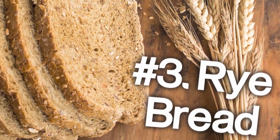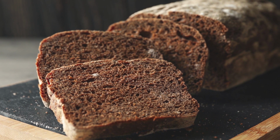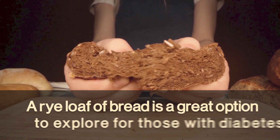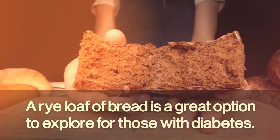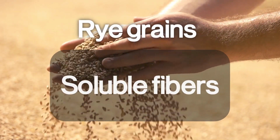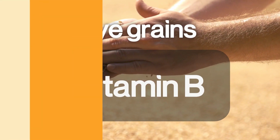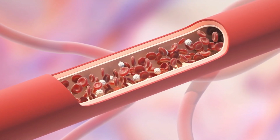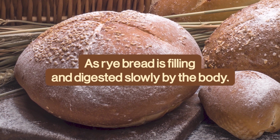Number 3, rye bread. With its darker color and earthy taste, a rye loaf of bread is a great option to explore with those with diabetes. Rye bread is made of rye grains, which are rich in soluble fibers, whole starch carbohydrates, and vitamin B. This type of grain is easier on blood sugar levels, as rye bread is filling and digested slowly by the